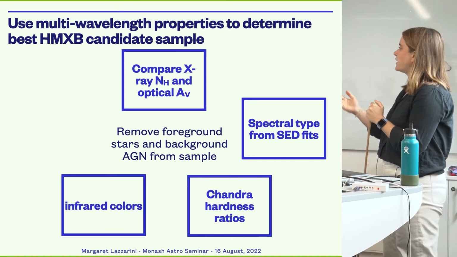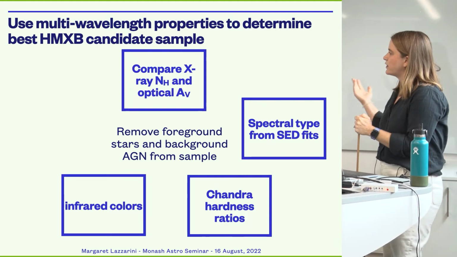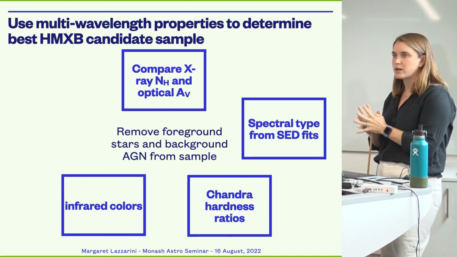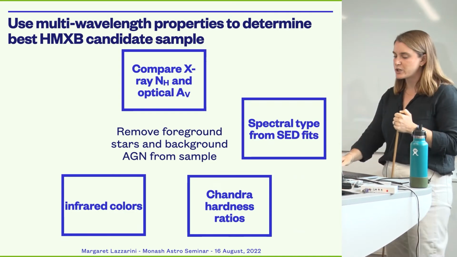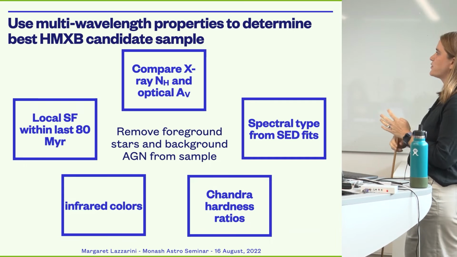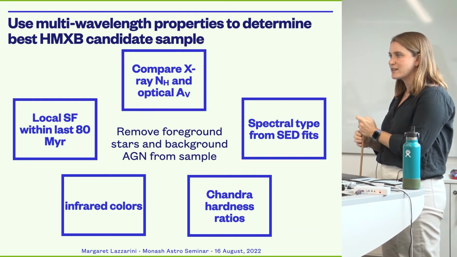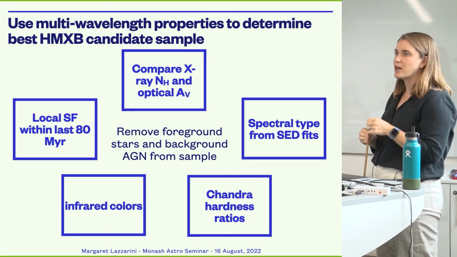As well as we look at the infrared colors for these sources from our HST observations. We know that foreground stars form a relatively narrow vertical sequence in IR color magnitude diagrams, and so if a source is in that kind of range, that might be suspicious. And also we're looking for sources that are in regions of these galaxies that have experienced star formation within the last 80 million years, because if they aren't, then that might just be a background AGN